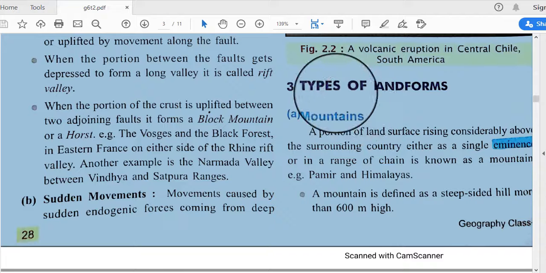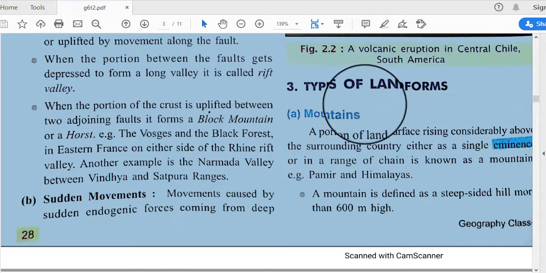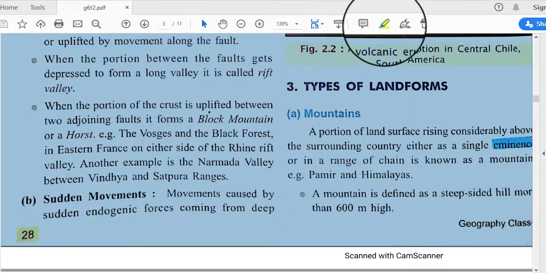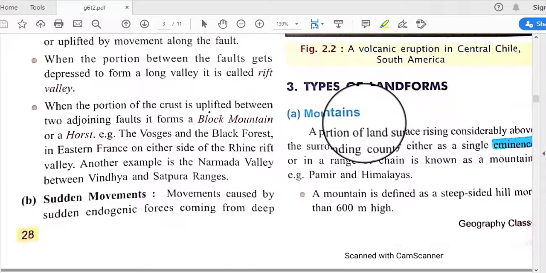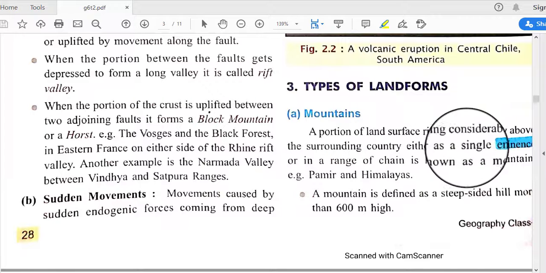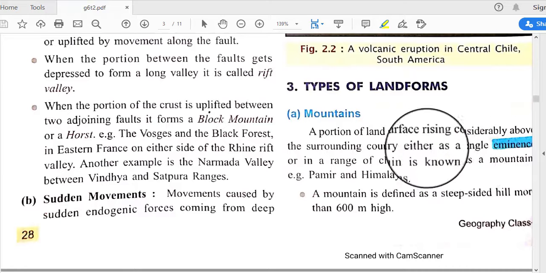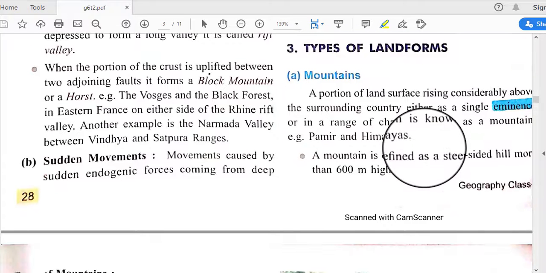So our next topic is types of landforms. What kind of landscapes are actually situated on our earth? First one is mountains. This is a very important feature of our land: a portion of land surface rising considerably above the surrounding country, either as a single eminence or in a range or chain. So one mountain may be settled in a place, or there may be a range or a chain